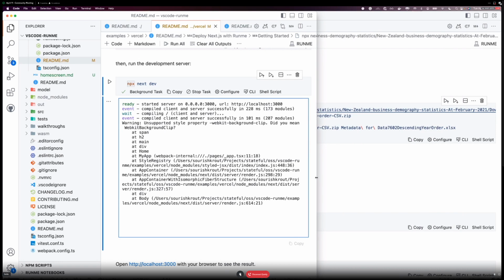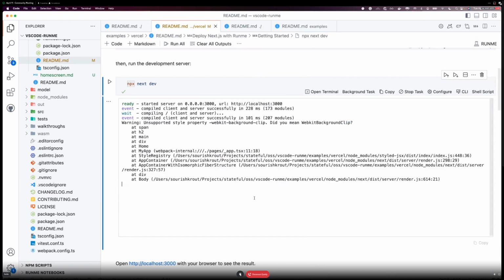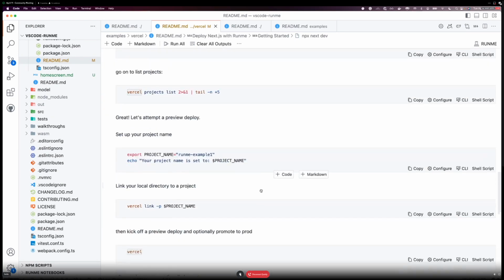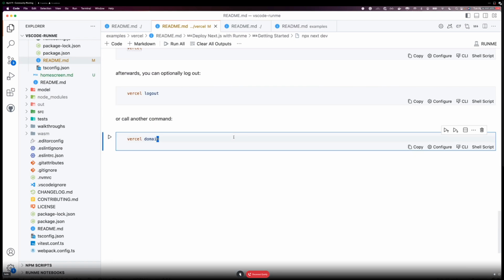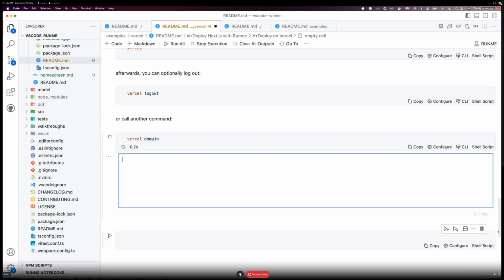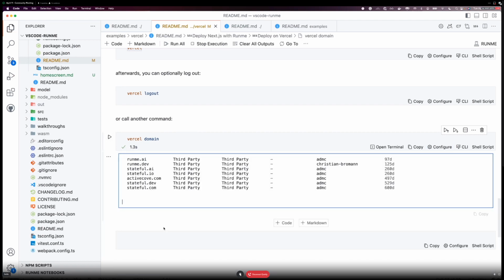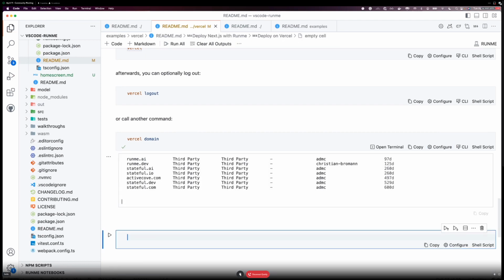So, I think this is sort of a big step forward. And I think we always wanted to create this experience where truly you can do all of your terminal interactions. If that makes sense, I'm not saying you don't need the terminal, but you can conceivably do them in here, right? You can run this. I guess I need to turn the interactive on. So this is some of the stuff that we're still working on. But you can